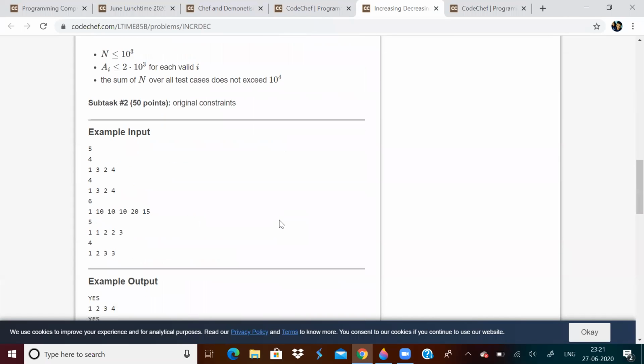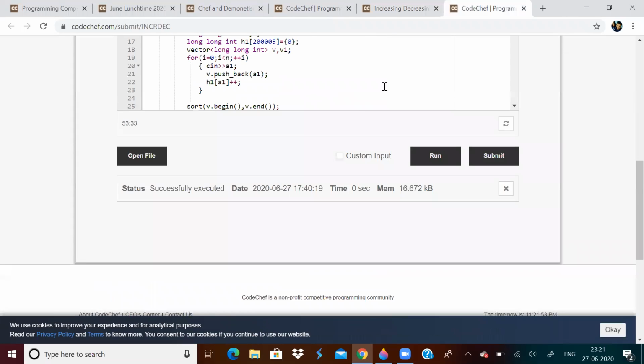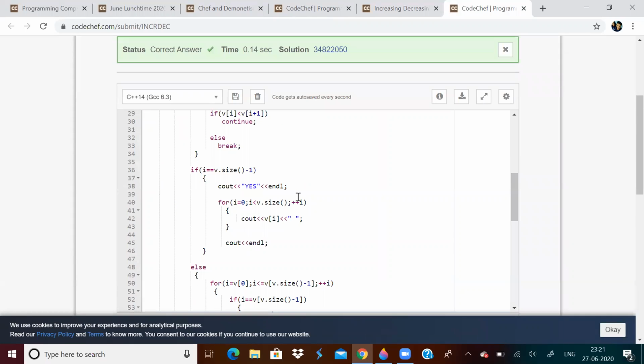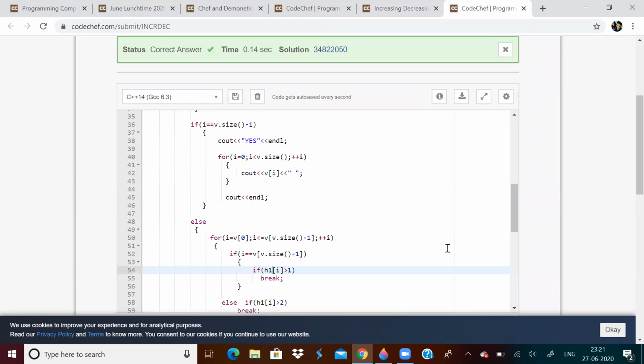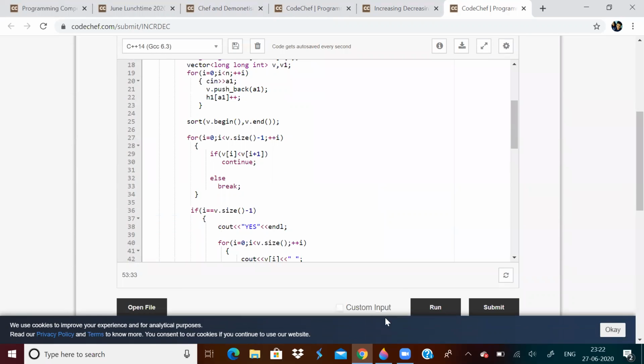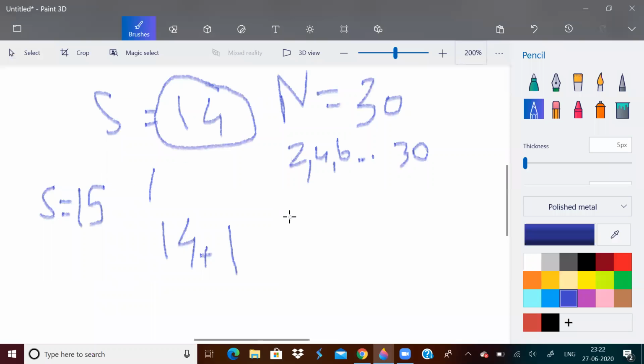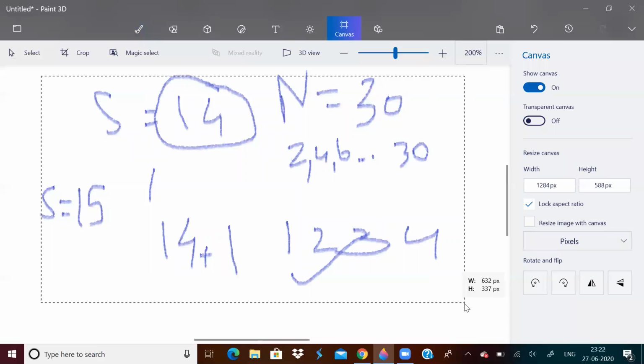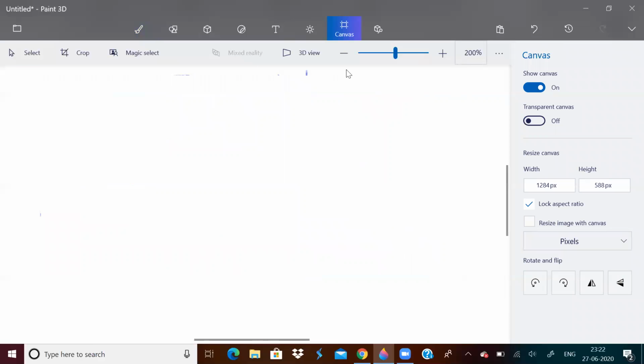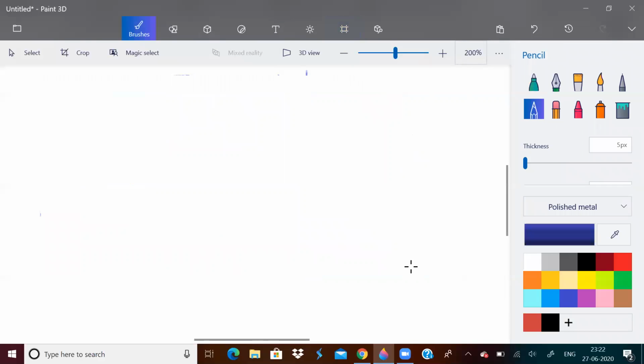So how to do this one? So first of all, what do we understand? We get an understanding that if the sequence is already sorted, or if we sort the sequence and we get an increasing sequence like this, then directly print this. I hope I'm clear. If we sort the sequence and it is already strictly increasing, we directly print that sequence only. Now, what if it is not?